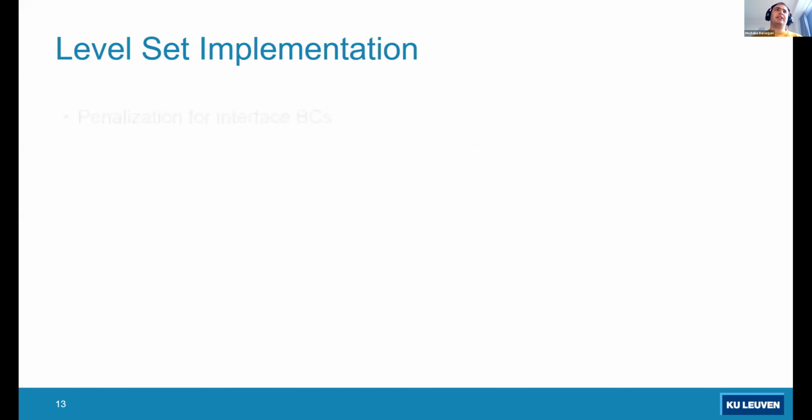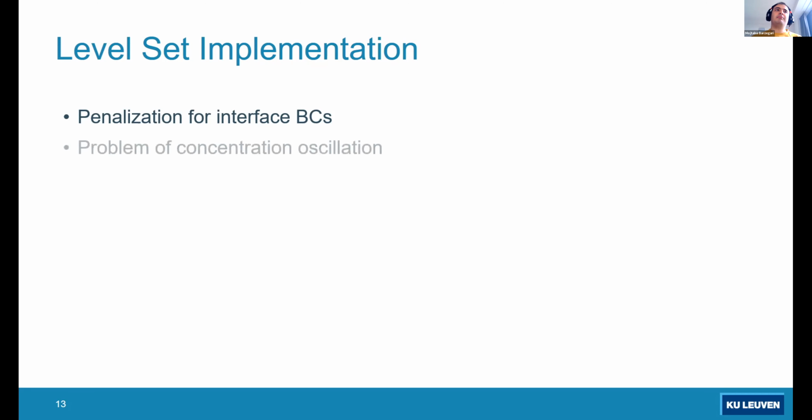And the level set implementation is the bottleneck of the model. We need penalization techniques on the interface for the interface boundary conditions, because the boundary conditions of the system are applied on the moving interface. So the boundary conditions are applied on a solution of one of the PDEs, and we use a penalization technique to impose them. And then for dealing with concentration oscillations that occur on the interface, we use mass lumping,